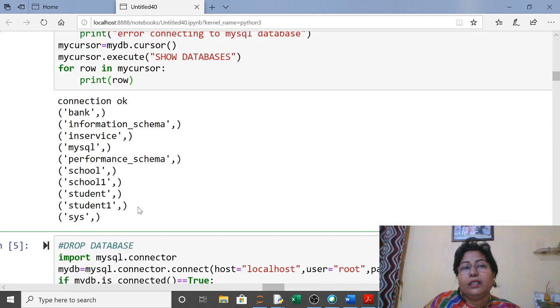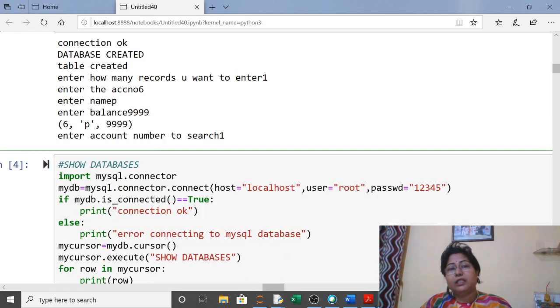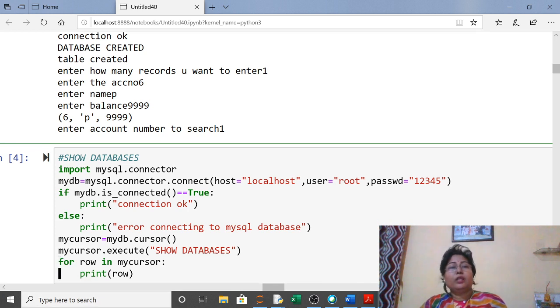Next, after creating the database, we will just see whether the database is created or not. So here you can see the show database command. In this show database command, we will write the same code. Just copy paste it. So here same import, then connect, then is connected okay or not, cursor, and in execute only I have written